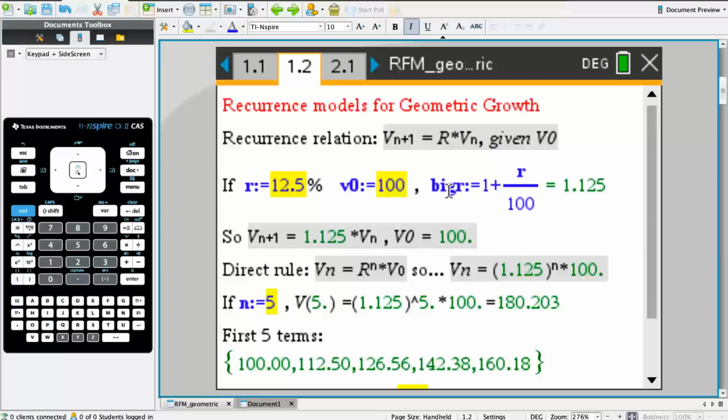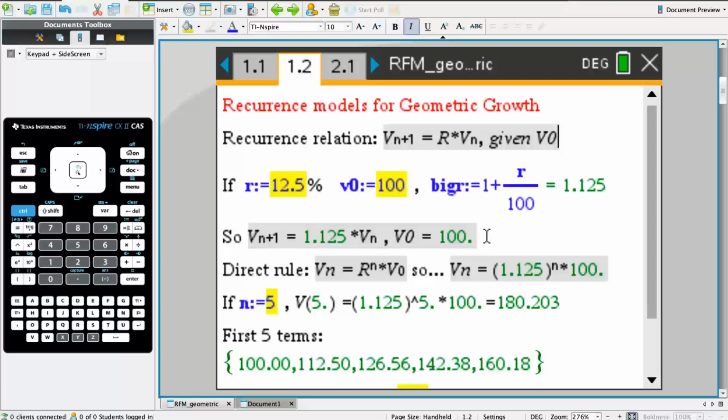Because the calculator has trouble separating capital R from little r, I've just written that variable as big R. And big R is calculated as on the previous page, 1 plus r on 100, which is 1.125. And then the template will then generate the associated recurrence rule,